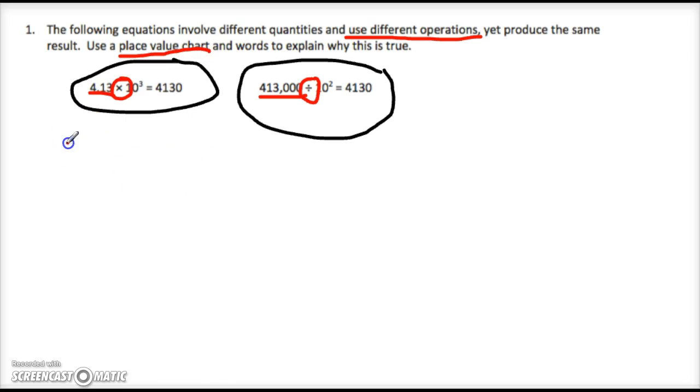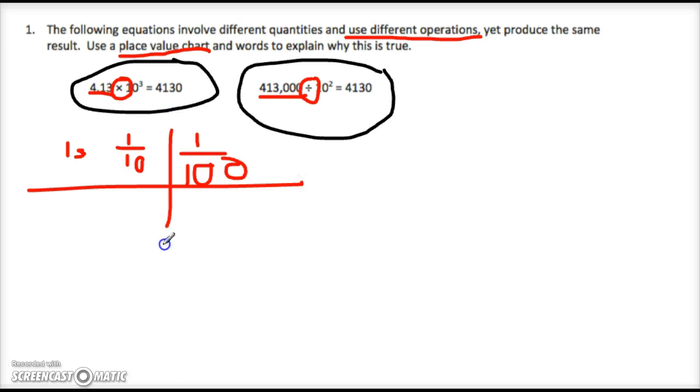I noticed in my classroom some of us ignored that we needed to use a place value chart. So for example, you could just start with the ones, you could do the tenths, you could do the hundredths. You don't need to draw the whole chart, just what you need for this number. And it will be easier for you guys to do this with your pencils. You could go ahead and put this number 4